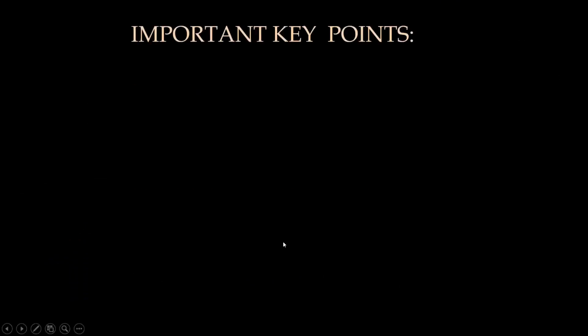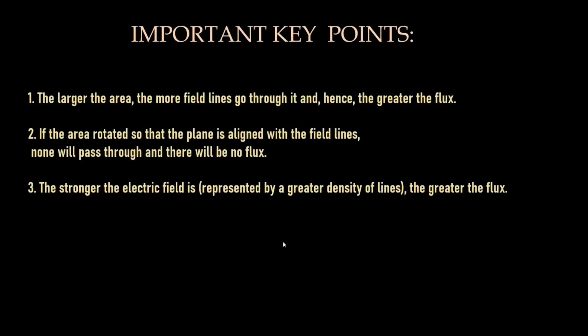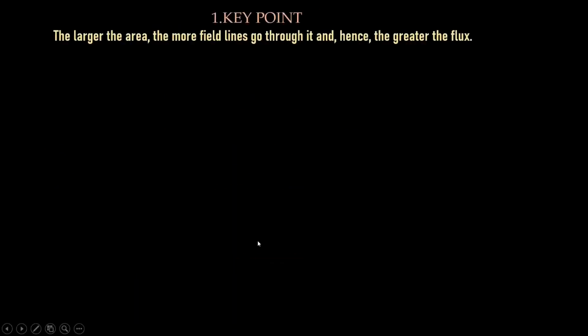Now let's learn more about the electric flux. Certain important key points we will now concentrate on. What are the key points? There are certain factors on which the amount of flux depends. First is the area; how it depends on area we will learn later on. Next is the rotation of area, that if the plane is rotated at some angle, what will be the value of the flux, or how the amount of flux will vary. Last factor on which the electric flux depends is the density of the electric fields. If they are denser, what will be the flux, and if they are rarer, what will be the flux. So let us learn all the key points in detail.